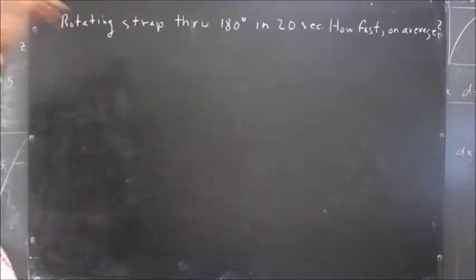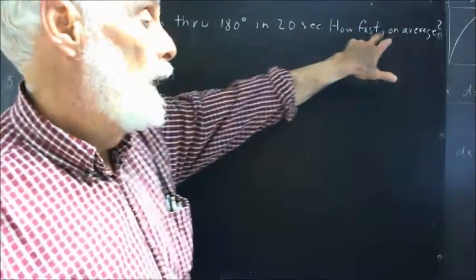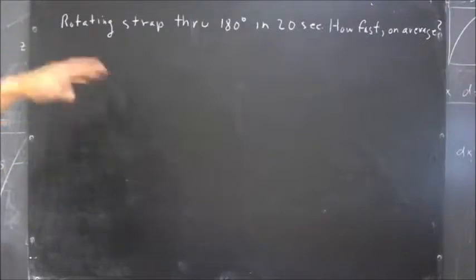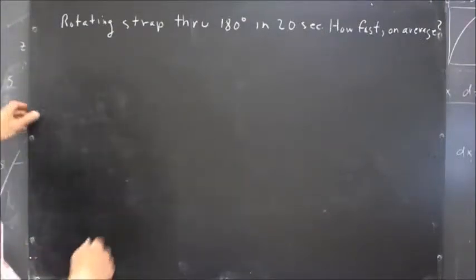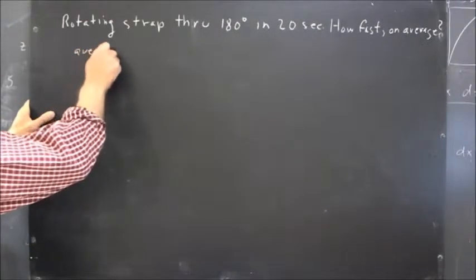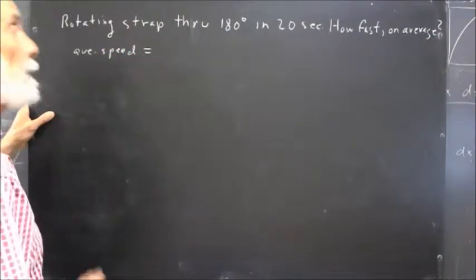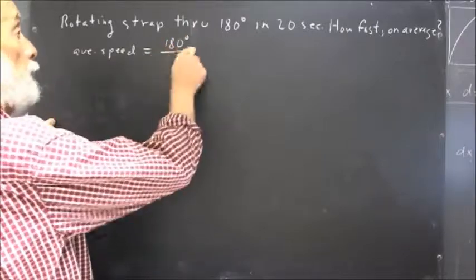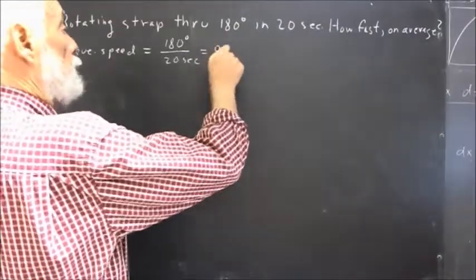Start with a simple question. Rotating strap rotates through 180 degrees in 20 seconds. How fast is it rotating on the average? Now you can pause. You should answer that question before you watch me answer it. But anyhow, we're going to say that this is like an average speed equals what? Pretty obvious answer is 180 degrees over 20 seconds equals 9 degrees